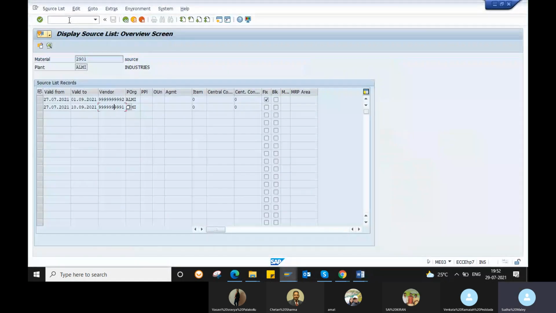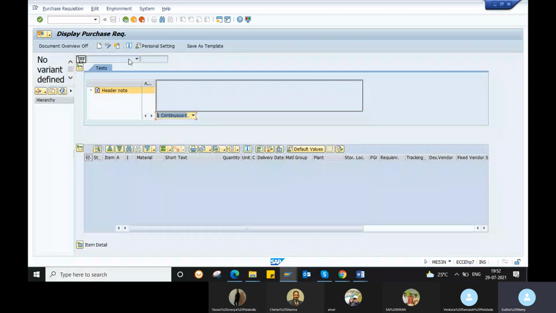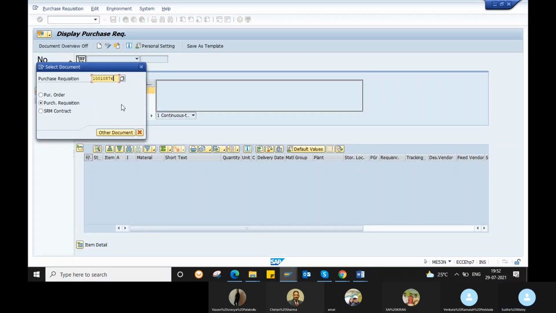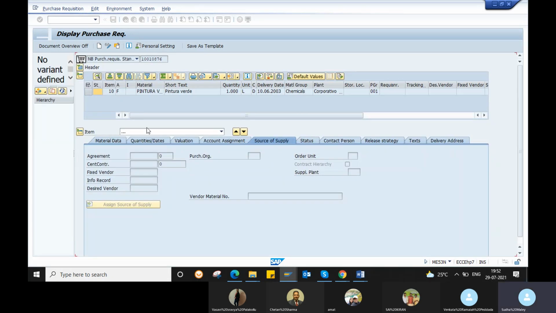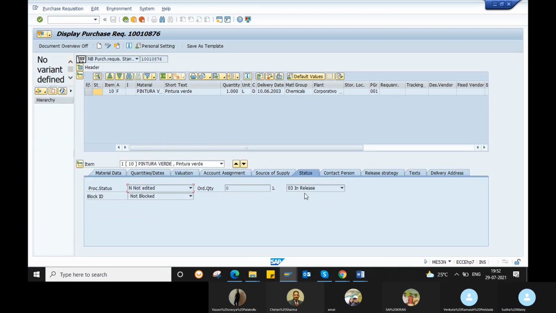So we'll see whether this purchase requisition will open or not. Oh yeah, this purchase requisition has the release strategy tab.